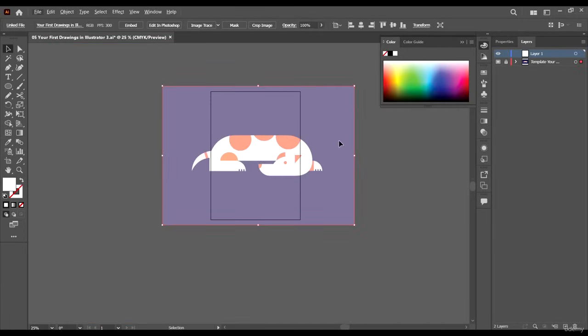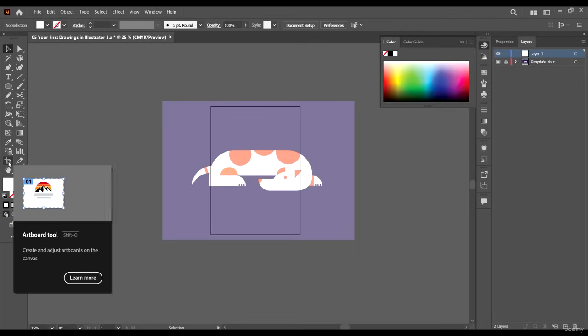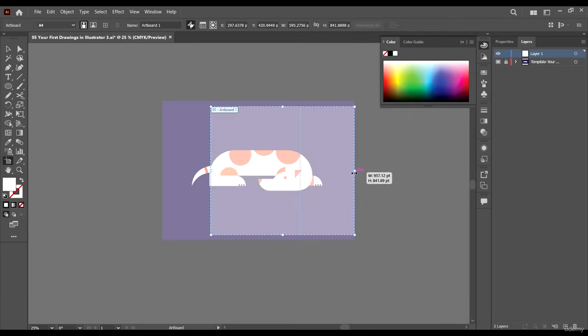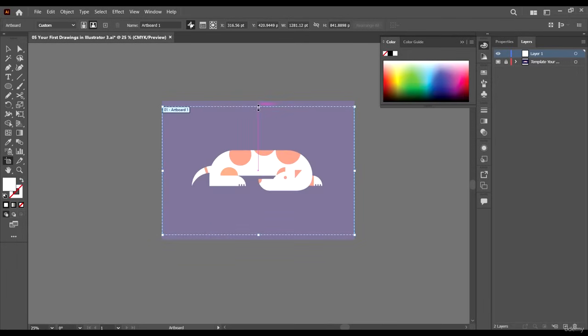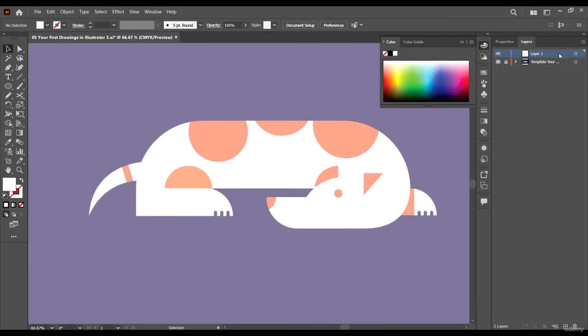So this is now what we have, and all we need to do is come to the artboard tool and resize our artboard to fit into what we already have. Then our selection tool, and while on the first layer, come to your shape tools and then the rectangle tool.